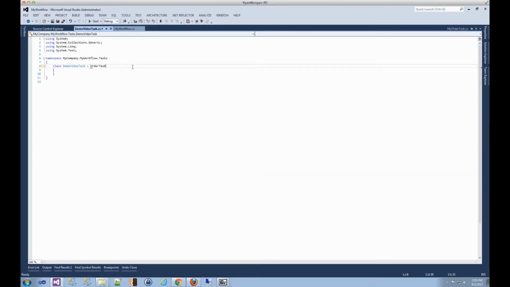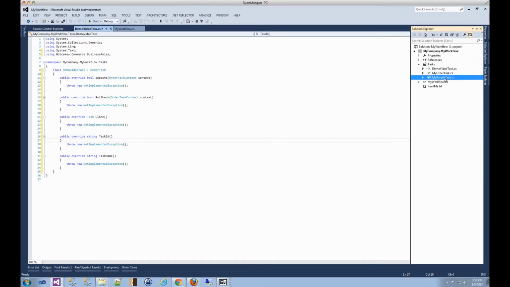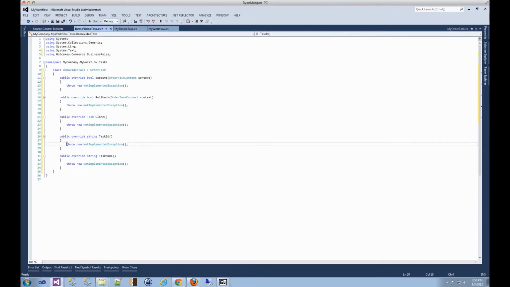So I'm going to implement the order task. I'll implement the abstract class here. And on the task ID, this is really easy. This is why we create the sample ones in here. You can see that we do need to have this task ID be a GUID. And so the easiest way to do that, to override that, is just going to be